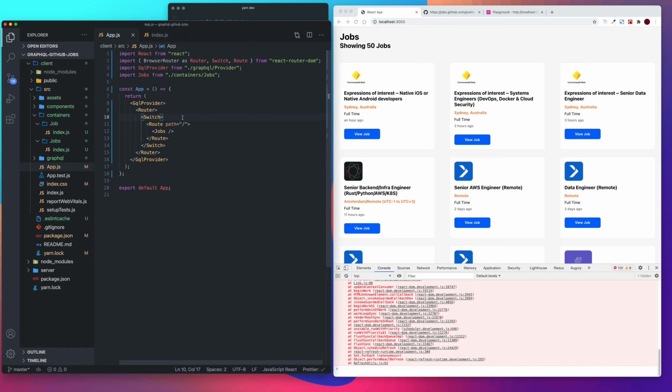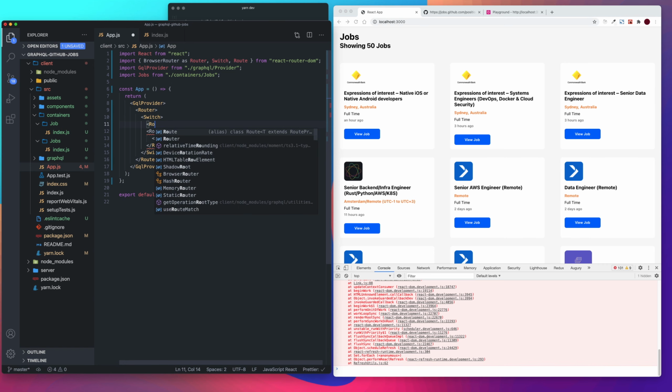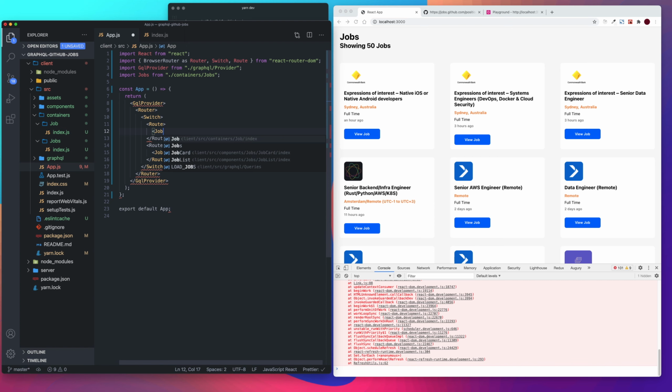And then let's add another route. Make sure it's above our jobs route. If not, make sure you type the exact word so that it doesn't override and always go to jobs. Okay. So let's add another route. And then we're going to import our job. And then we're going to set our path to /job/